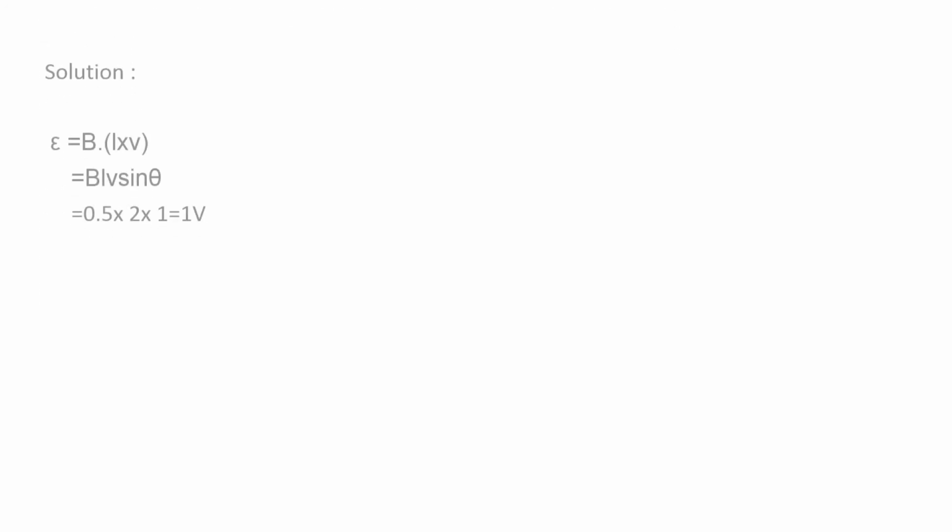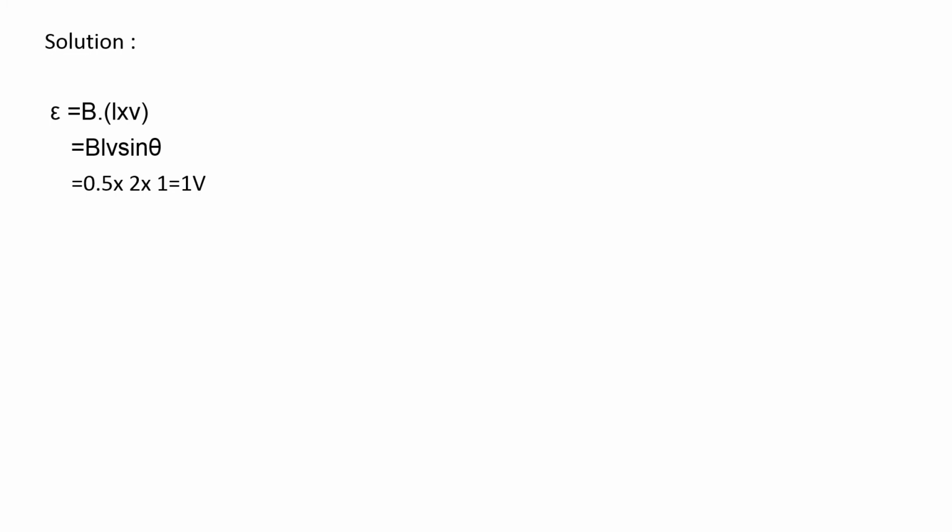Here you have to find the rate at which work is done, meaning power. So to find the power, you know the formula, which is epsilon square by R. But you don't know the value of epsilon. So before that, you find the value of epsilon, the induced EMF, using the formula B dot L cross V, and its magnitude BLV sin theta.